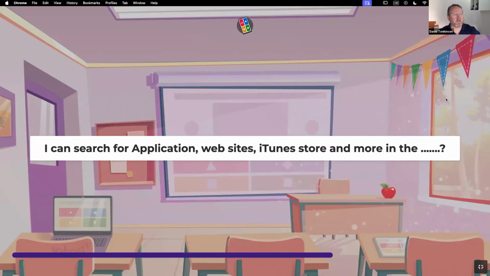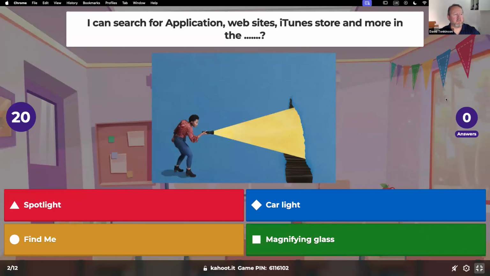I can search for applications, websites, iTunes Store, and more in